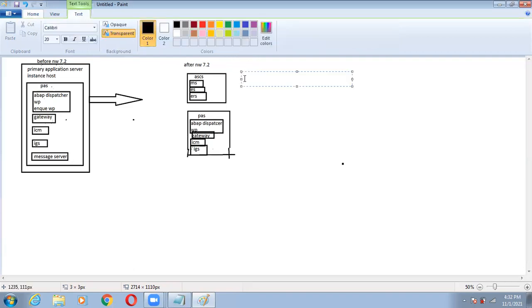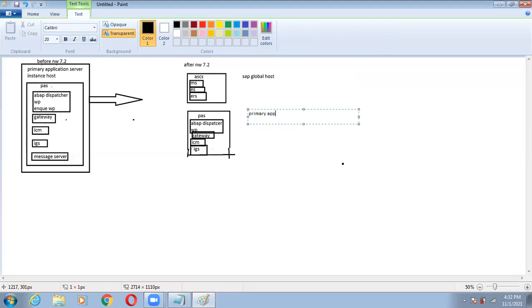This ASCS is the SAP Global Host, and this one, as you know, is the primary application server instance host, the second box.